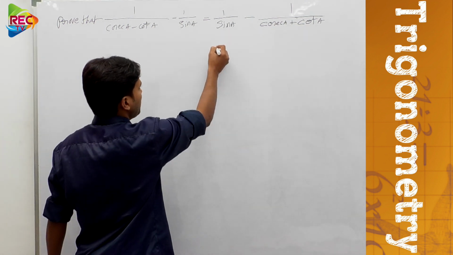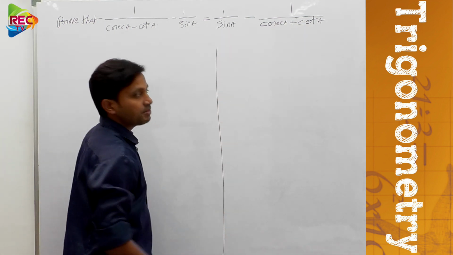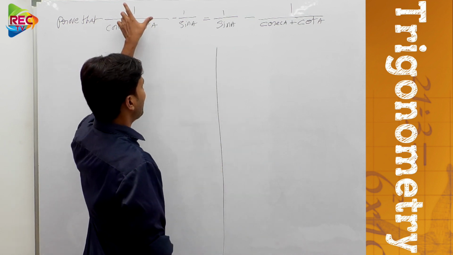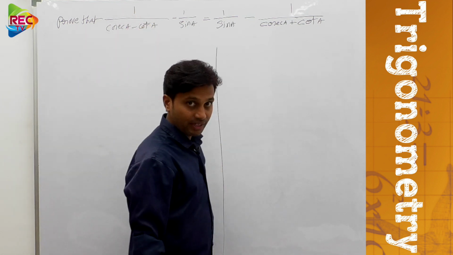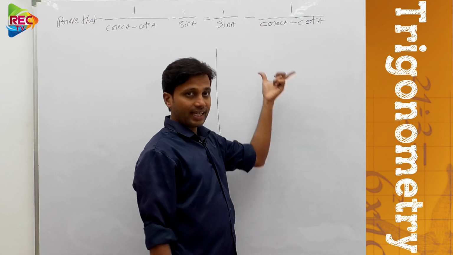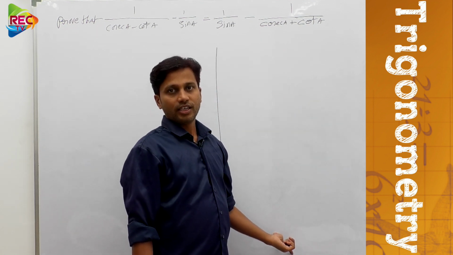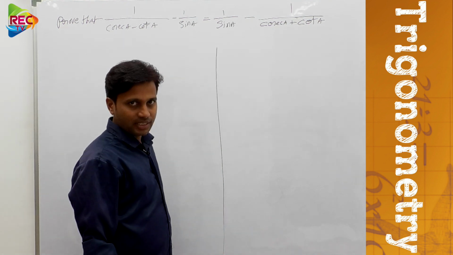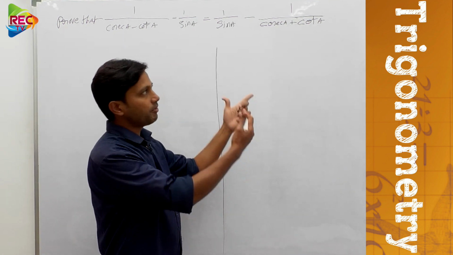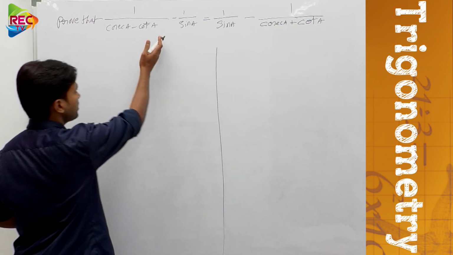Now we will do this problem in two different steps. One thing is we need to take LHS and get the result of that, and another one is we will take RHS and get the result of that. If both are tallying, means both are equal, then our problem will be correct. So let us choose the first, the LHS part.